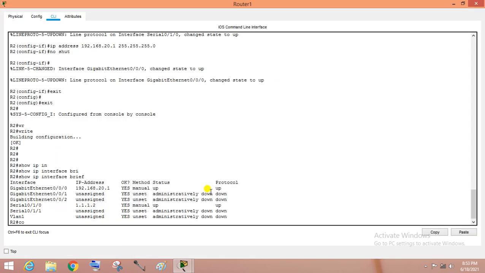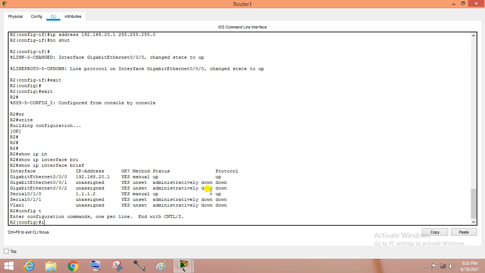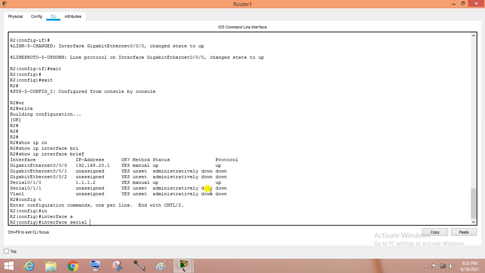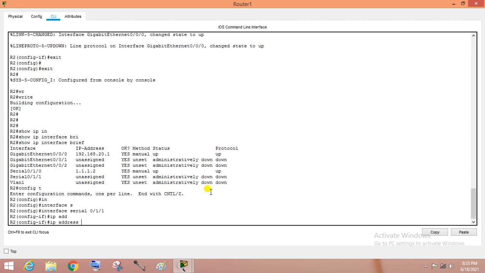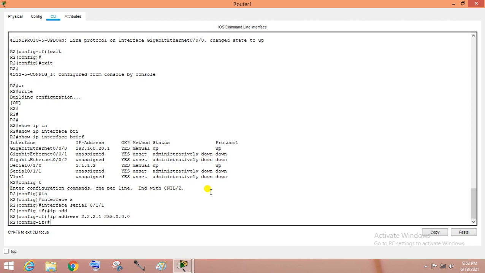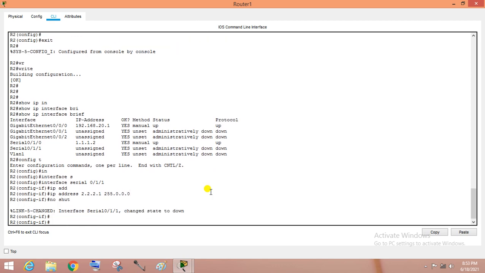Config T, interface serial 0/1/1, IP address 2.2.2.1, 255.0.0.0, a class A IP address.